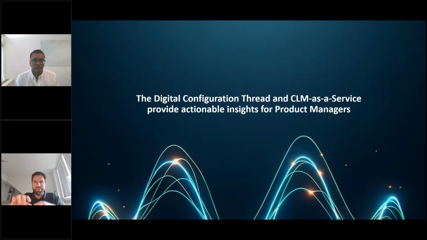It actually points to the configuration part in the digital configuration thread. So it asks what is the exact difference between the two concepts, and how does the configuration part in the middle of the digital configuration thread enable or enrich the concept of digital thread, which is prominent in many manufacturing companies?